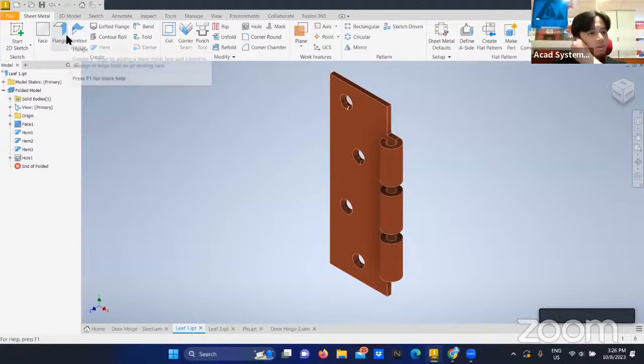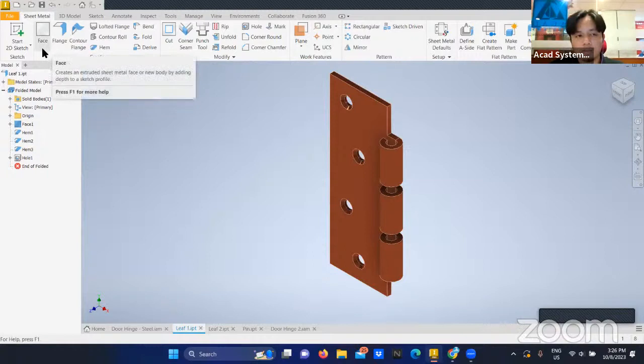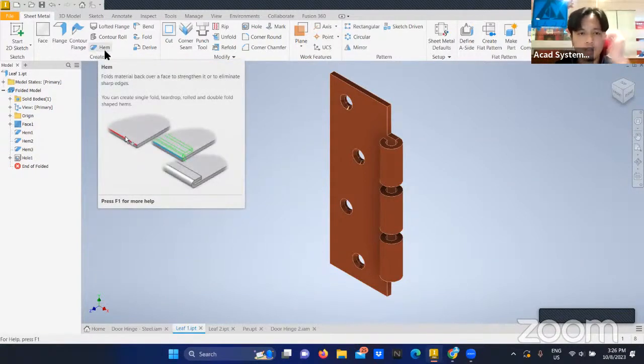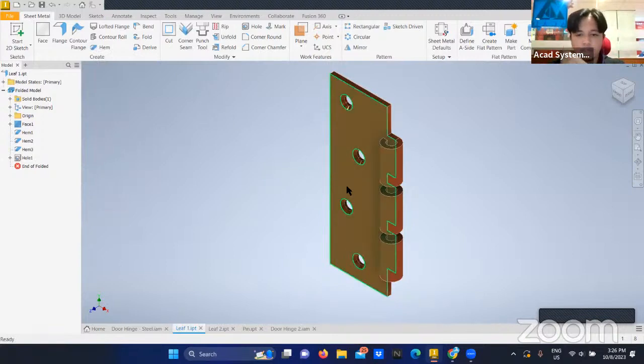Okay, you can go through flange, you can go through contour flange. Okay, you can go to lofted flange. All right. So for today's topic, we just went through face and hem. Okay. So I think that's all for today. Yeah, before that,